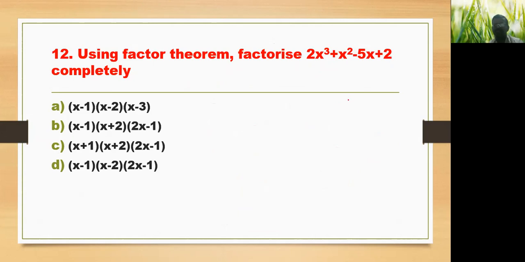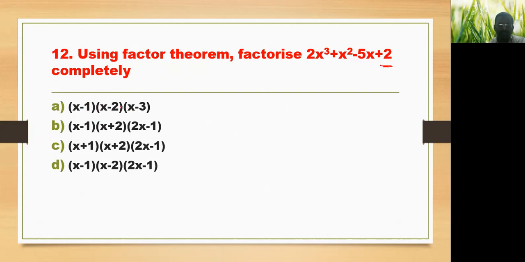Correct? Instead of doing so much, here observe there's a very beautiful shortcut. The shortcut is very simple. Observe this constant. The constant is 2. So what is the meaning of this? When I multiply these two factors, I have to get the equation, correct? That means when I multiply the constants, I have to get the constant of this.